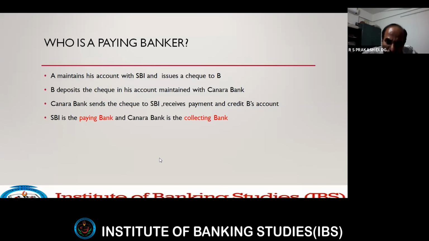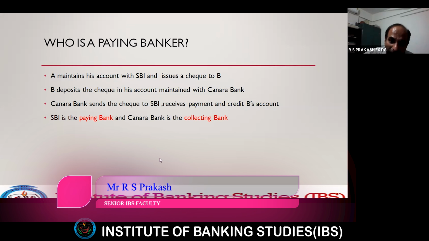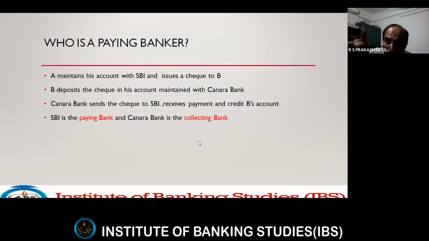But tell me, compare a situation when you are writing your 10th standard or graduation exam or some other exam. Was there a restriction on the number of additional sheets you could get? No, any number of sheets you can get. It only mattered on your speed of writing. Even if you want 100 additional sheets, the supervisor would have given you, and you would have tied them all together. And there is a box where you have to state the number of additional sheets used, 20, 30, 100. Similarly, there is no restriction on the transferability of a check or a demand draft by way of endorsement and delivery. So I am stopping at that.